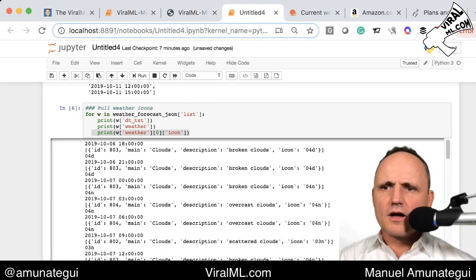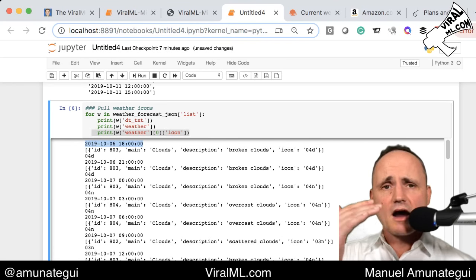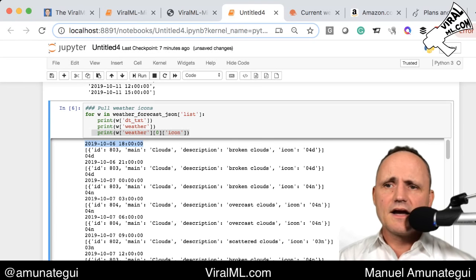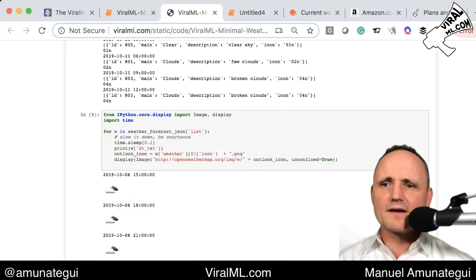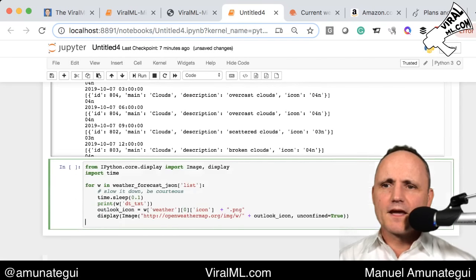And this is pretty cool because here it tells you, this is the first forecast, the immediate next 3 hours in Seattle, and it tells you there are clouds with a description of broken clouds and an icon. And this is what's interesting. This icon, we're going to leverage, because it's giving you basically an image for free that we can display for our own needs. So let me scroll down, and we're going to do the same thing, but this time we are going to call IPython.core.display image display, so we can display images, basically PNGs, and we're also going to start playing around